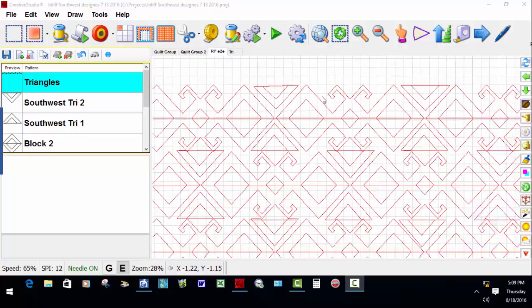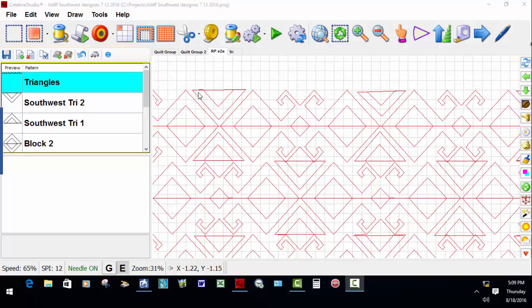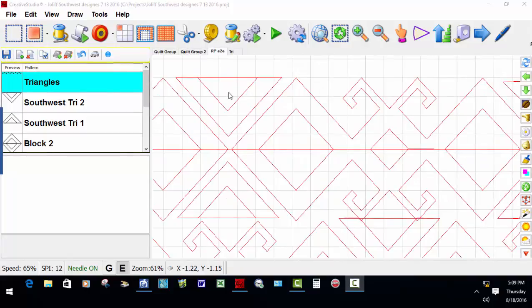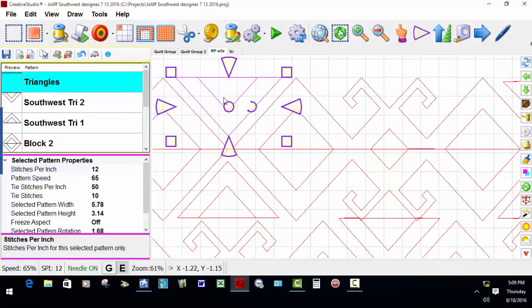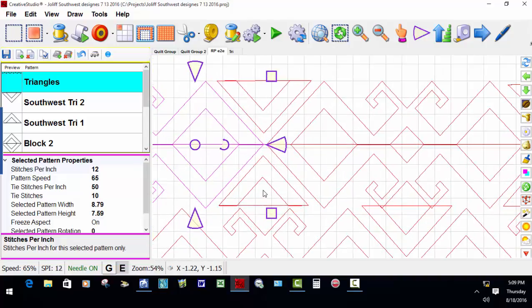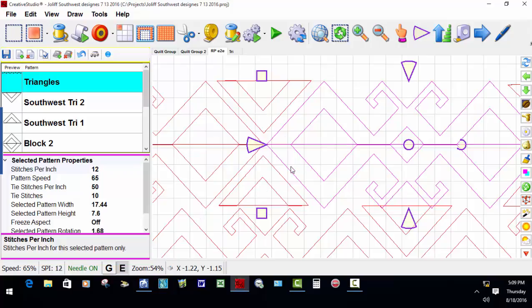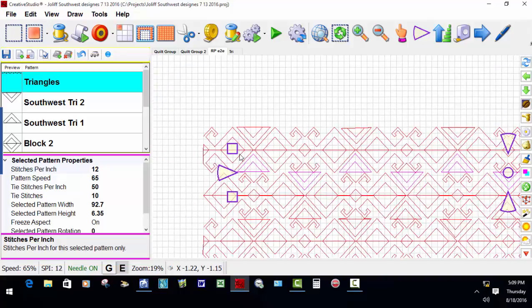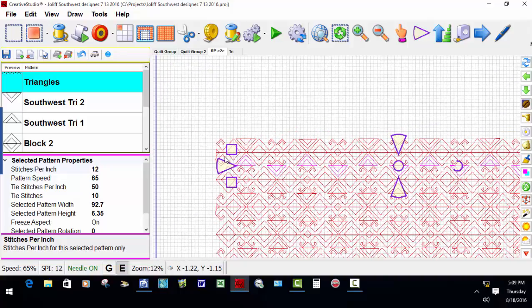See, when you have something like this and you try to select maybe a small individual pattern, see, it worked okay that time, but let me look down here at this one. See, when I clicked inside of this triangle, it selected a pattern over here, and I'll try it again, and it selected another pattern. Eventually, I would be able to select those patterns. Well, they're all combined because I rubber stamped them just to put them in here to show you, but it